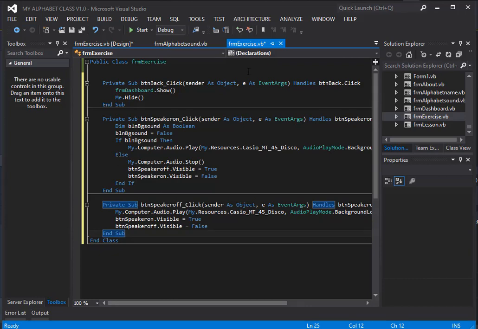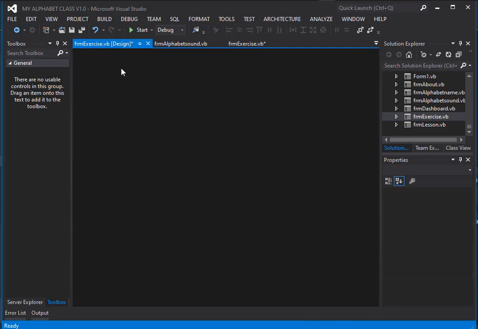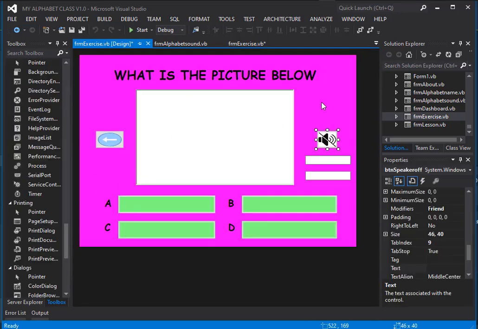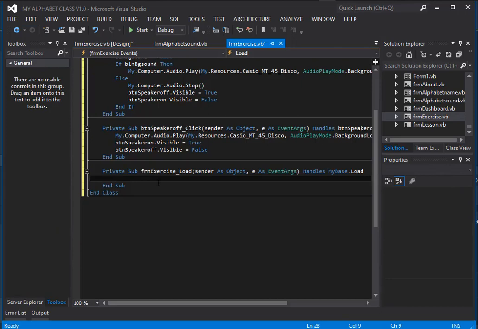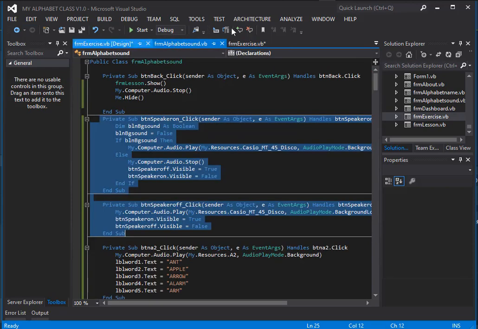Now the next thing we're going to do is the actual form. We want something in the code to run when this form loads, so when this form opens. So we are going to double click on any empty space on the form, then you go to the coding screen. We are going to enter some values, but one thing you must note here is that when we did the design,